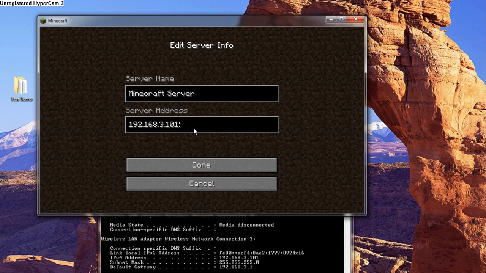If you're trying to get friends to connect to your server or whatever, you'll have to get your external IP and then do some port forwarding or something. Other people have nice tutorials on how to do that. But anyway,